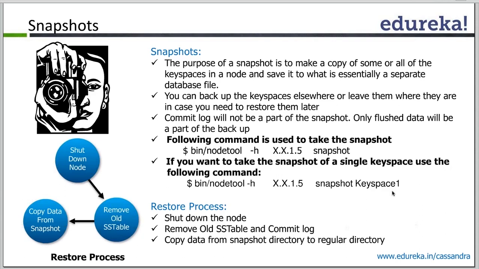And when you want to restore, you basically shut down the node, remove the old SSTable and commit log, copy the data from the snapshot directory to the regular directory, and then restart the node. It automatically restores to that particular snapshot, and then it will start running continuously from there. So snapshots, as I said, are very, very important, and they should be used in